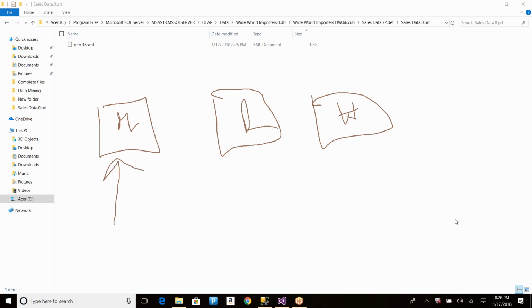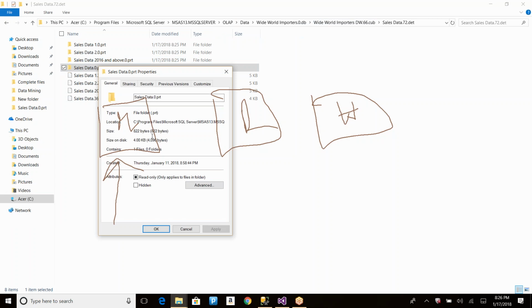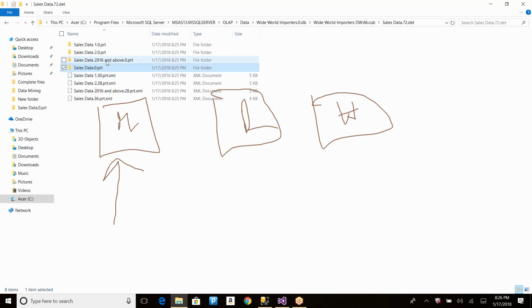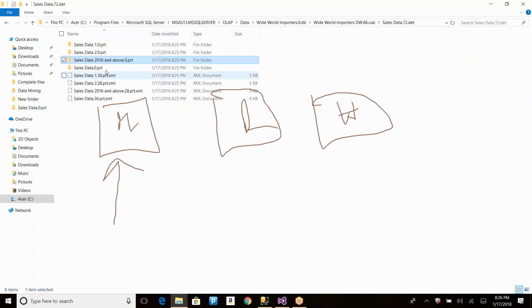If you simply look at the folder size of a ROLAP partition or a HOLAP partition in its properties, it will be like 822 bytes, right? And if you see any other one, it will definitely be bigger. It's 725 KB, right? It's bigger than the other one because it is reading the data. So remember, the storage for MOLAP is always greater than or equal to ROLAP and HOLAP. It will definitely be greater than,